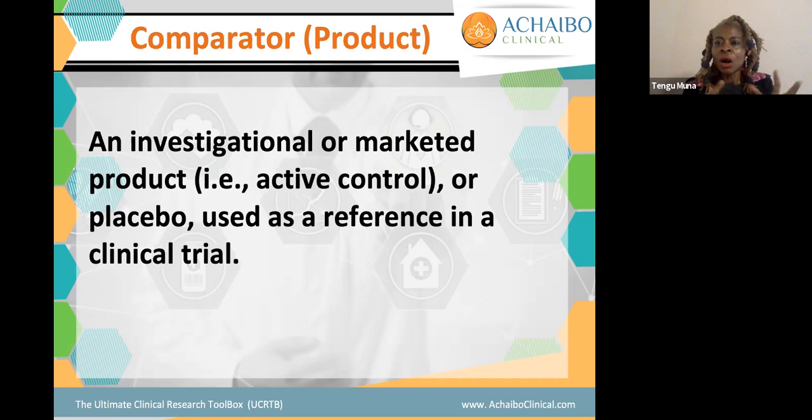And then when we get into the clinical trial, the comparator is whatever we're comparing the cassava to. It could be a placebo or a sugar pill, and typically the patient does not know what they're taking. So the comparator is whatever is being compared to the active product. It could be a placebo, it could be plantains, right? It could be you're doing cassava and then the comparator is a plantain peel, right? So it's basically what we're using as a reference.